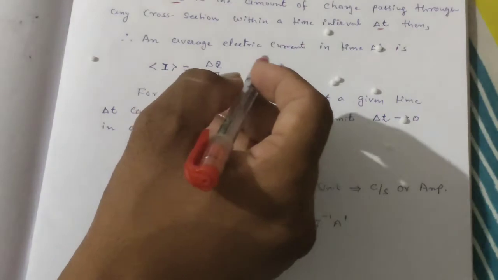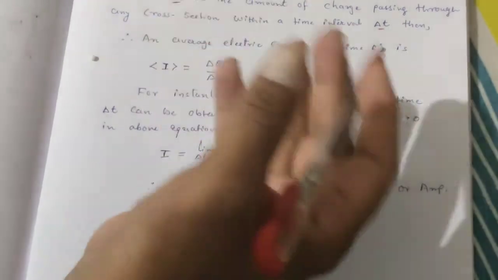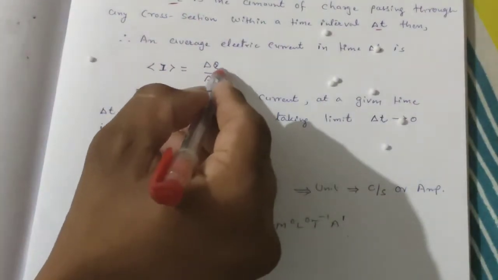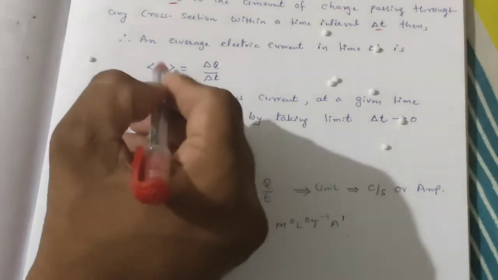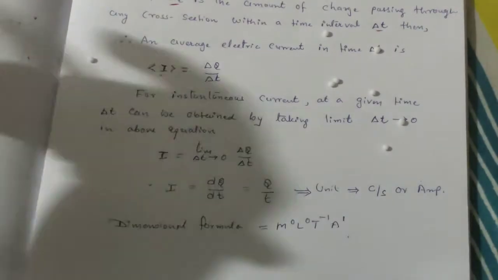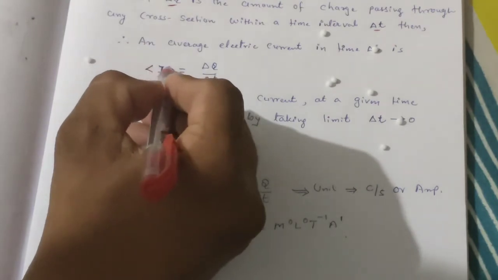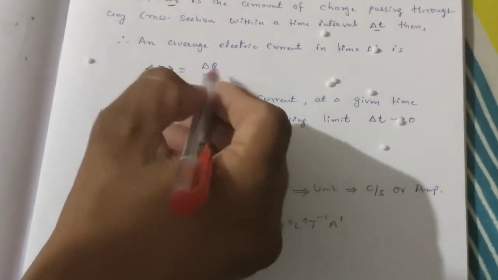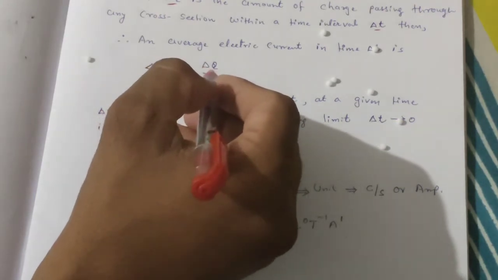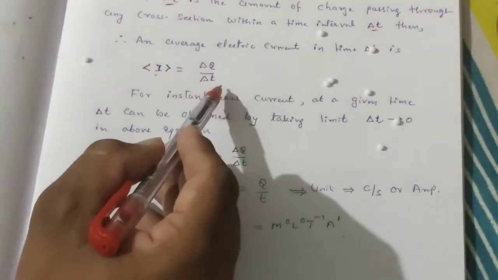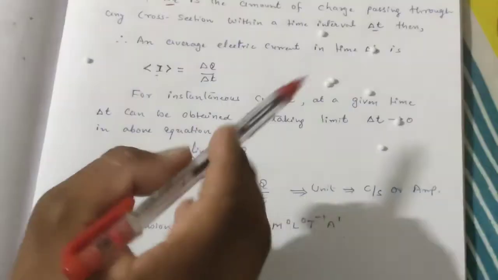So average electric current over here, average means on average how many charges are passing through this cross section area in a perpendicular direction, we have to take a ratio, and whatever ratio we are getting over here, that is our electric current. Over here this bracket indicates average, on average this amount of charge is moving in a delta t time interval. So the equation of electric current over here is delta q upon delta t.